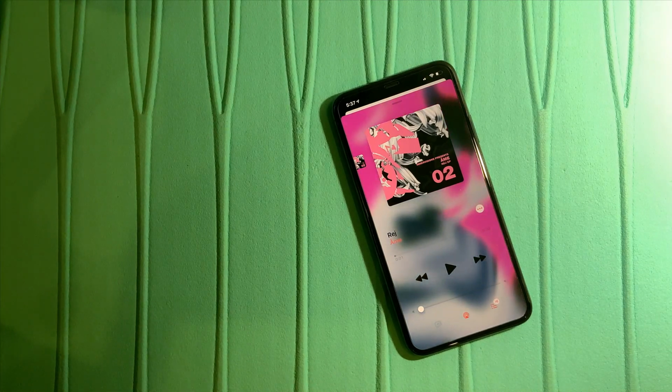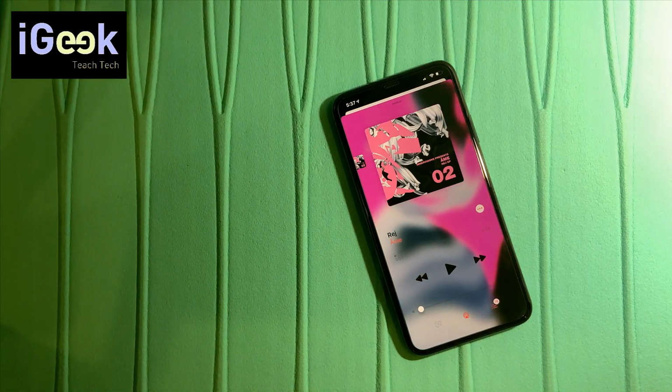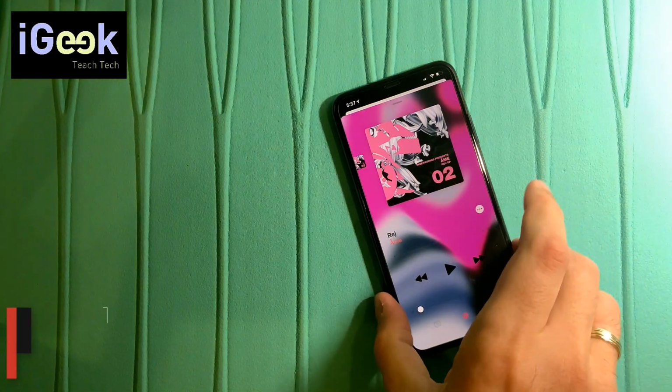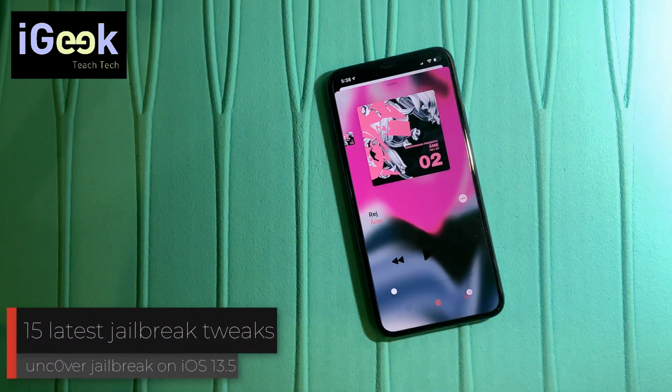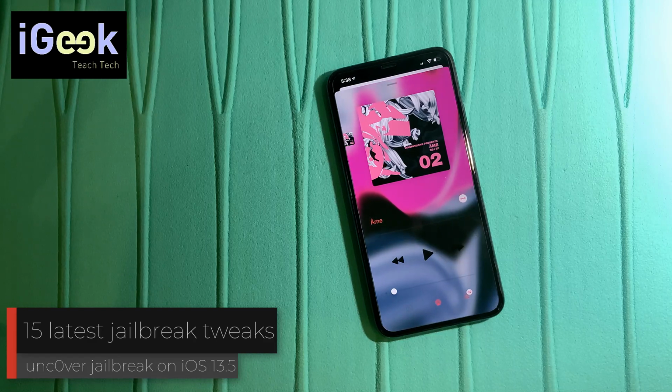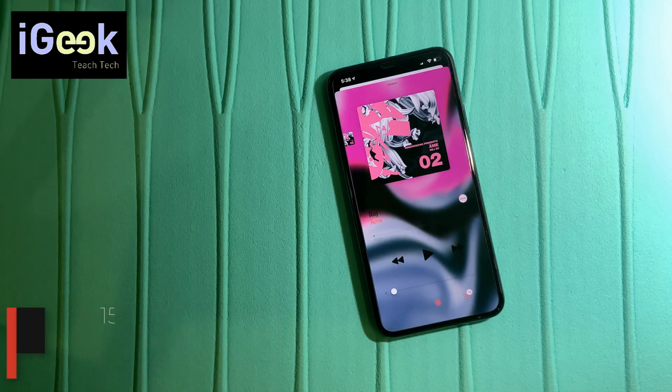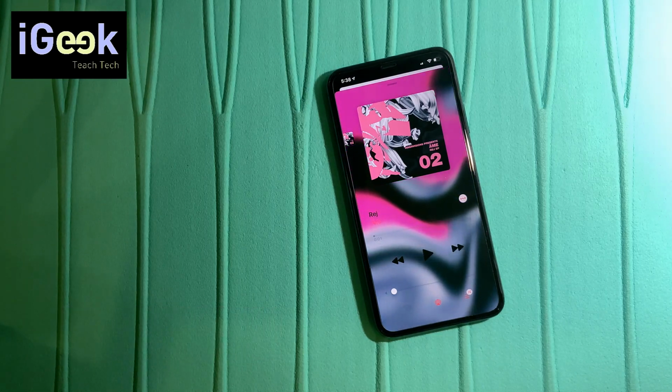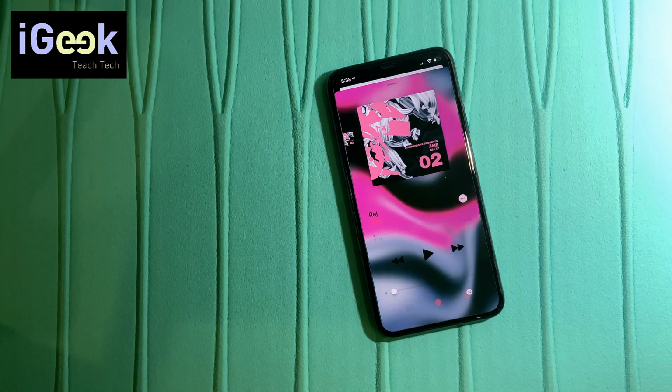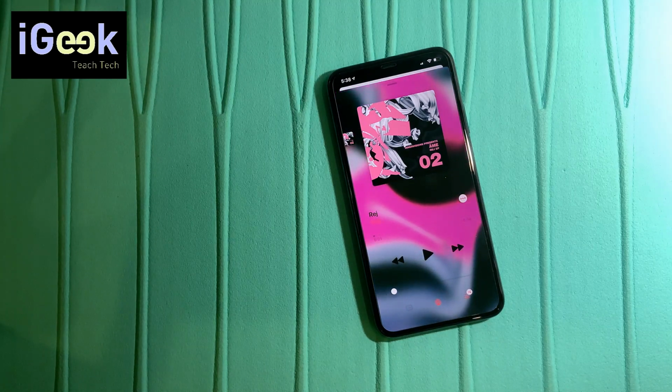Today I'm going to be showing you 15 tweaks which I come across these days. I've tested them, they work really fine on iOS 13.5, jailbroken with the latest Uncover Jailbreak. And the first 3 tweaks that I'm going to be showing you are related to music and your music experience